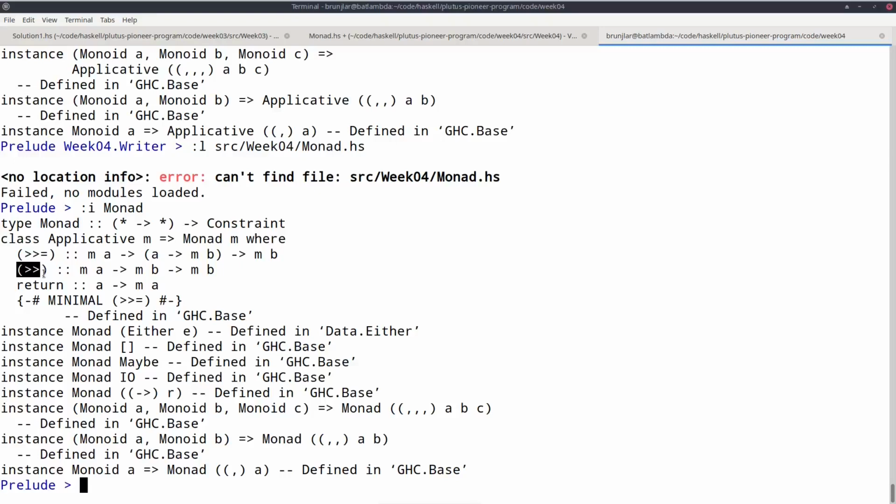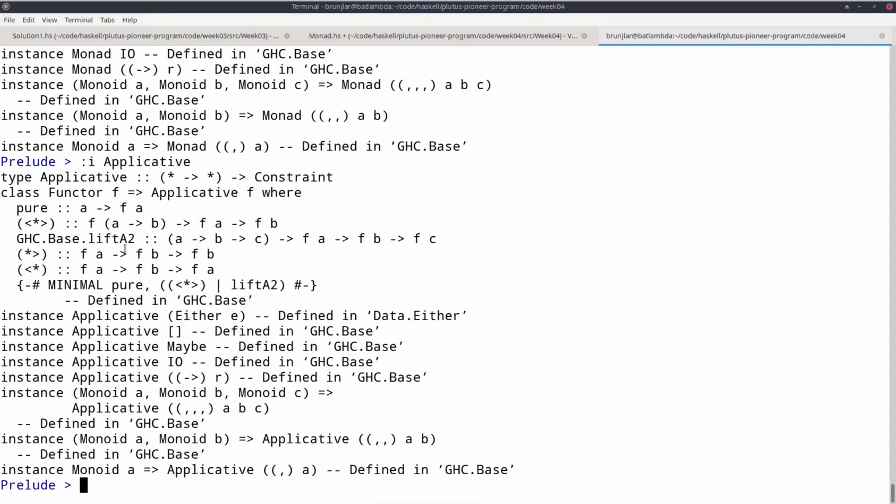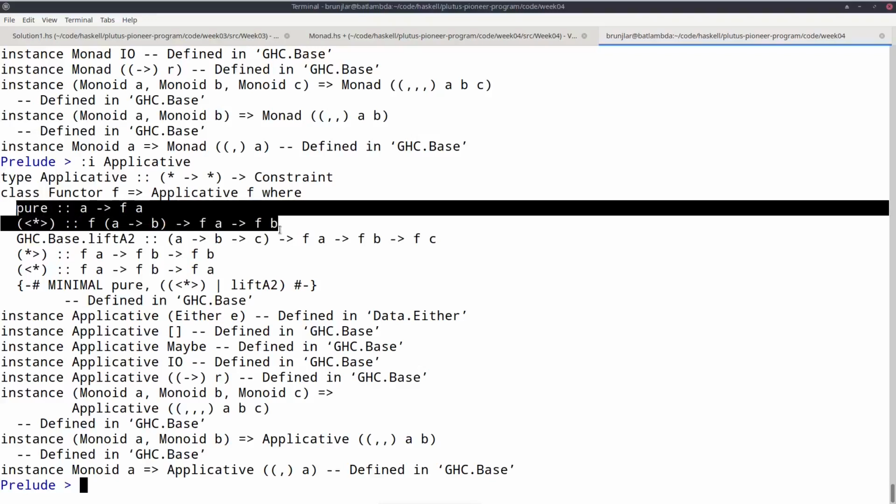There's another technical consideration. We see that monad actually has a superclass applicative, so every monad is applicative. If we ask what applicative is, we see it has a bunch of functions, but you only need the first two. Pure has the same type signature as return.